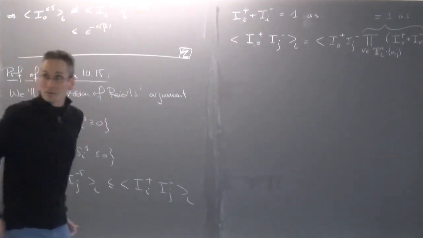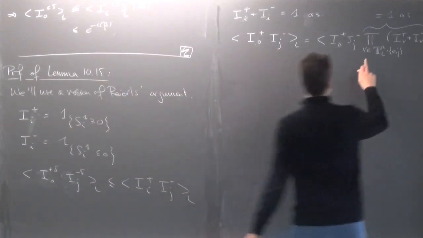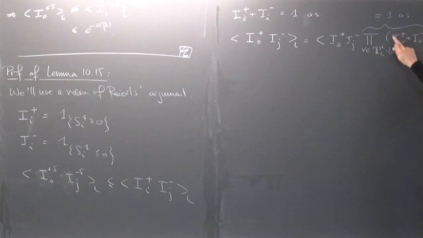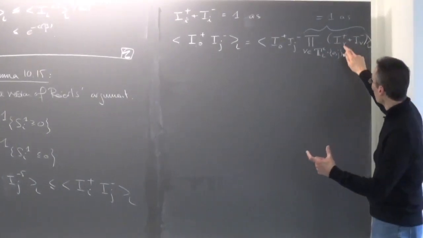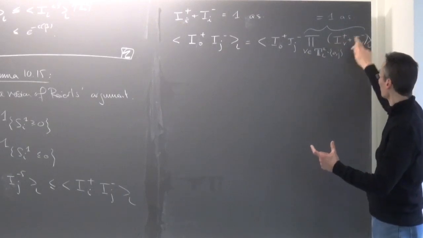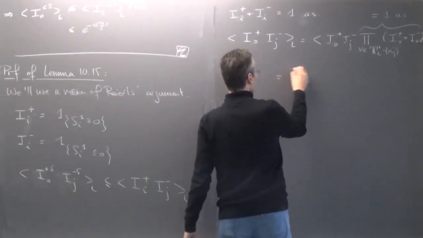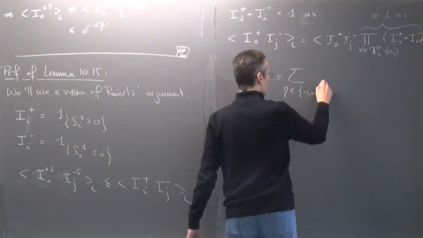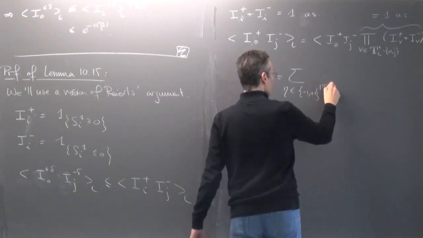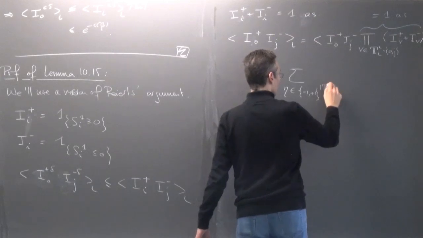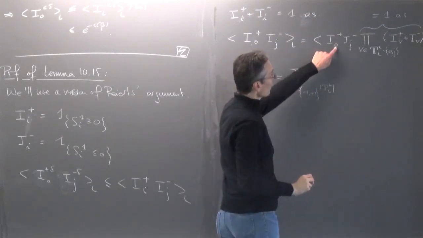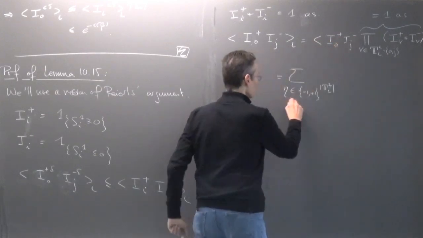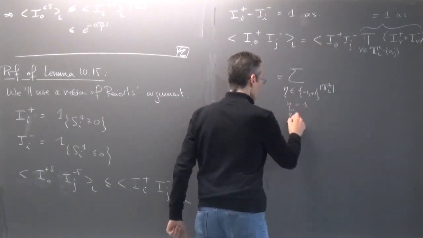Okay, and then you expand the product. So when you expand the product, for each vertex here, you get either a plus if you take this term or a minus if you take this term. I will index the summands I get once I expand the product by a plus at the vertex V if I've taken this term, and minus at the vertex V if I've taken this term. So this gives me a sum over eta, which are collections of plus or minus 1 at each vertex of the torus, such that at 0 I have a plus, and at j I have a minus, so such that eta 0 is equal to 1, and eta j is equal to minus 1.